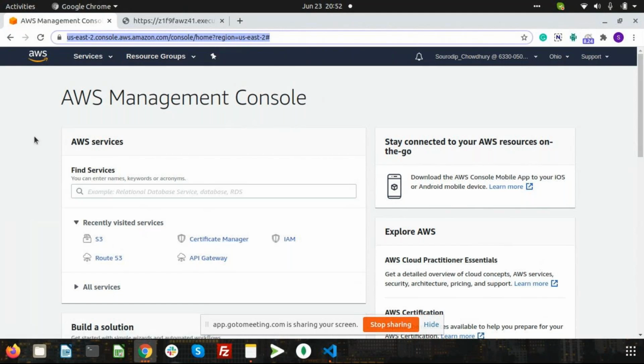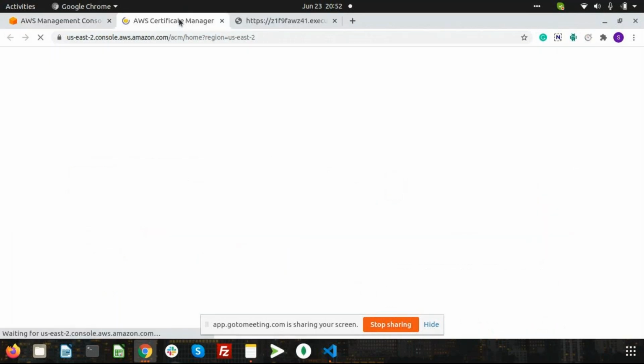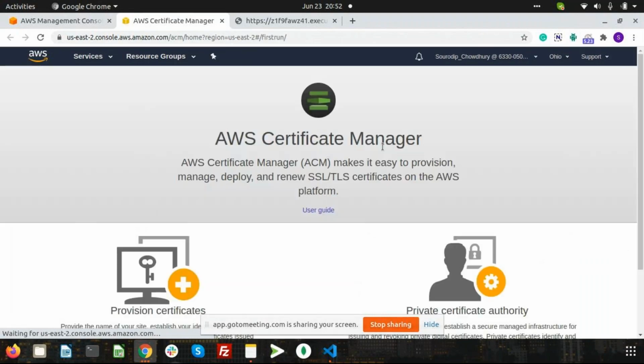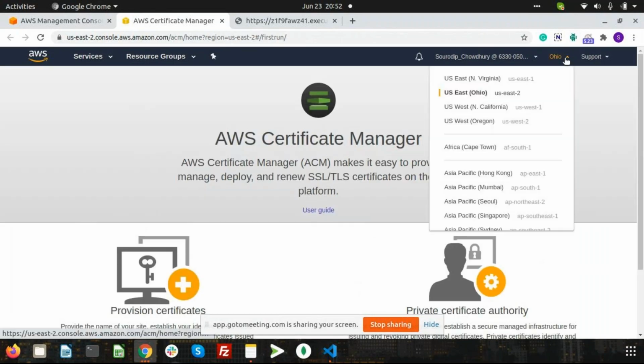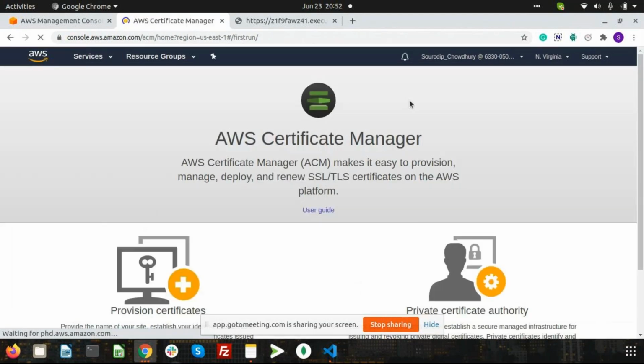First, we need to provide an SSL security layer for our domain. For that reason, we need to visit Amazon Certificate Manager. If we go into that service, we can see there are many domains that have already been registered to apply a security layer.